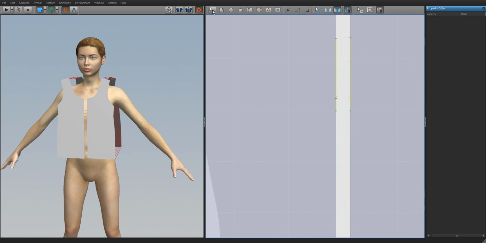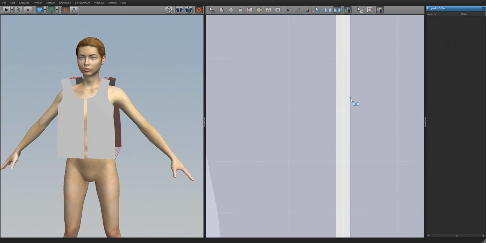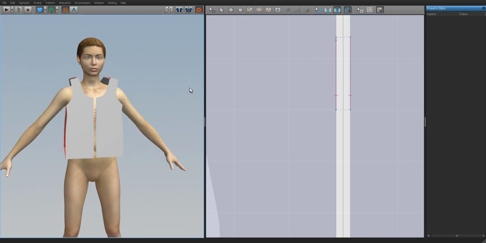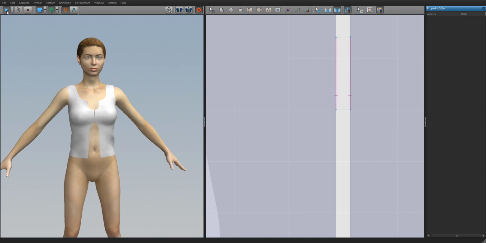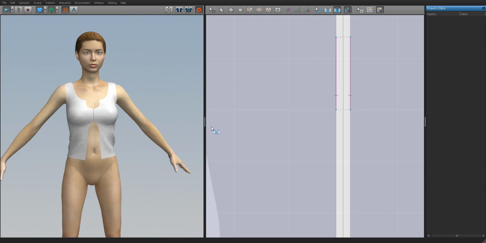Alright, just in case you didn't see that, I'm going to see if I can change the color here by redoing that so you can see a little better. Alright, now we got a purple one that should be a little bit better to see. Here, here, and here. That's going to make a little flap, and I'm going to simulate it. You can see I got this little bump up here,